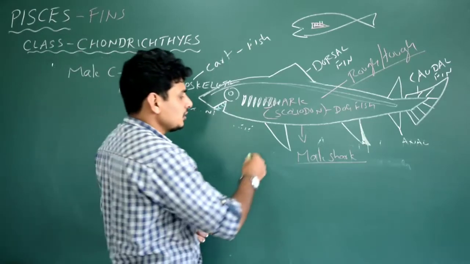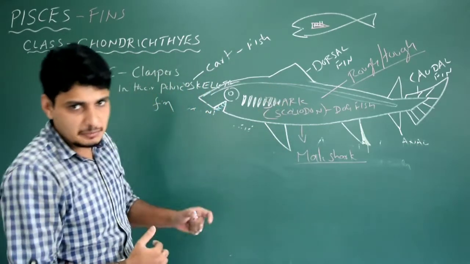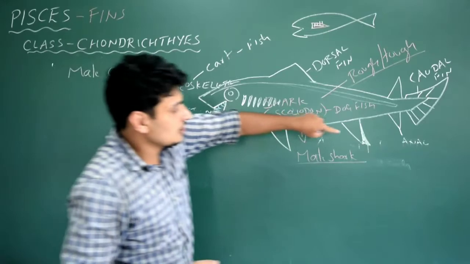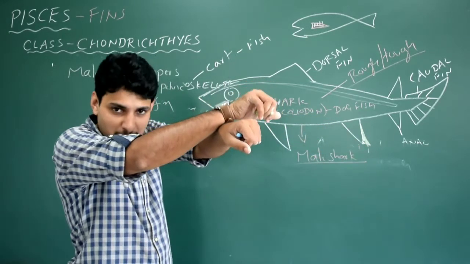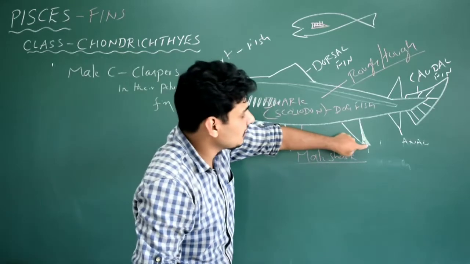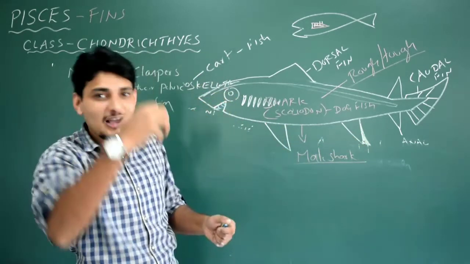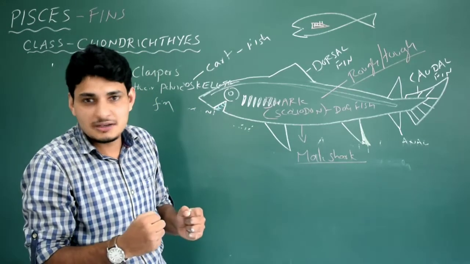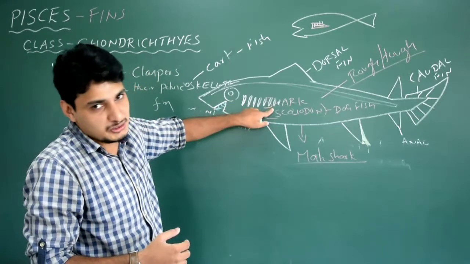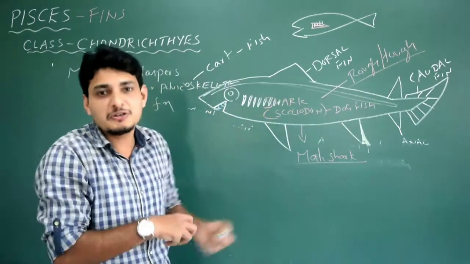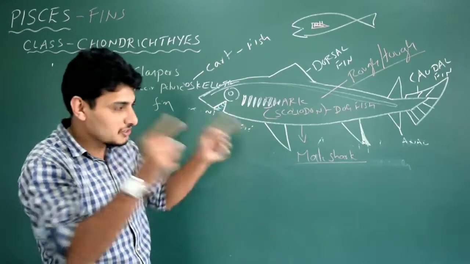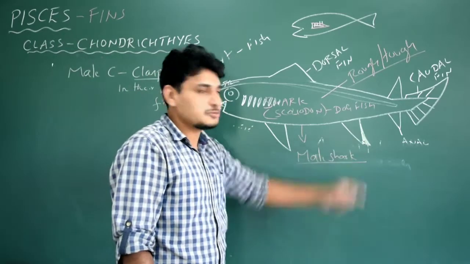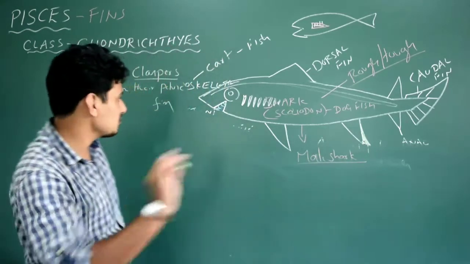So this is what happens when the mating, the copulation, that is, sexual reproduction, is happening between a male and female shark. The male normally sits on the female, on their back, and with the help of the clasper, it pricks the back of the female, so that the male gets a very good grip during mating. The female cannot escape. So this is the thing to remember. The claspers give a very good grip during mating. Okay, so this is the main function of claspers. So all the chondrichthyes males have claspers in their pelvic fin. So this is an important thing.